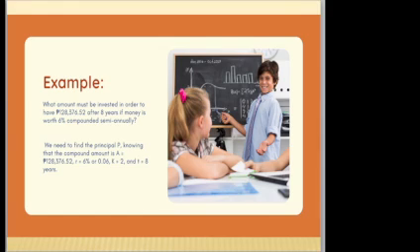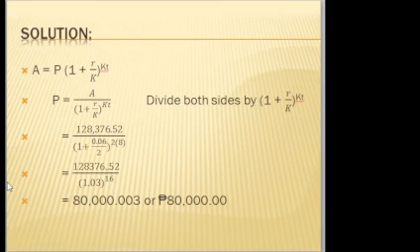Knowing that the compound amount A is 128,376.52 pesos, and R, the rate of interest, is 6%, or if we convert that to a decimal, 0.06, and K is 2 because that is compounded semi-annually, and T, the time, is 8 years. So we have A is equal to P times (1 plus R over K) to the power of